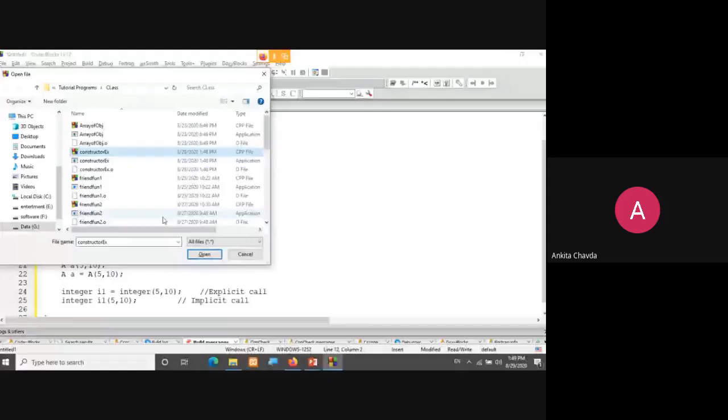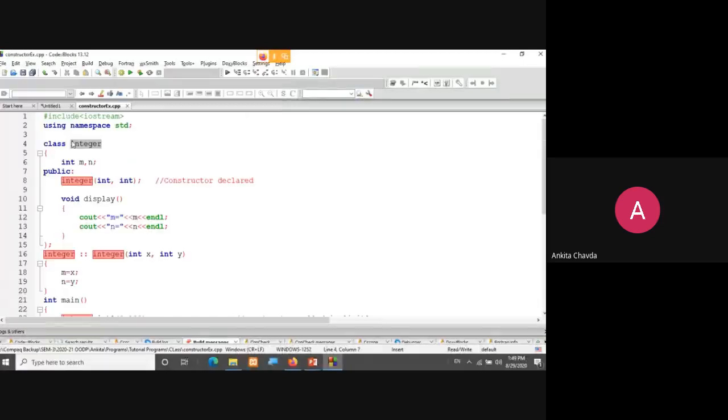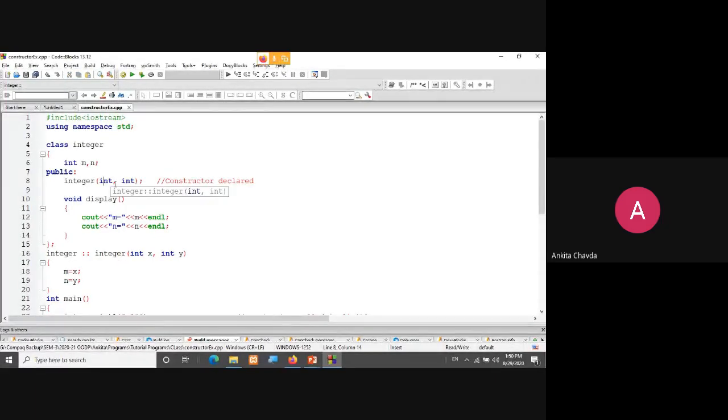Okay, this is what we have seen as an example. This is your class Integer. Here you have two variables m comma n. Here in the public section you have just declared this constructor. Here I'm showing you the parameterized constructor example. So Integer int comma int, how can I define my constructor outside of the class?